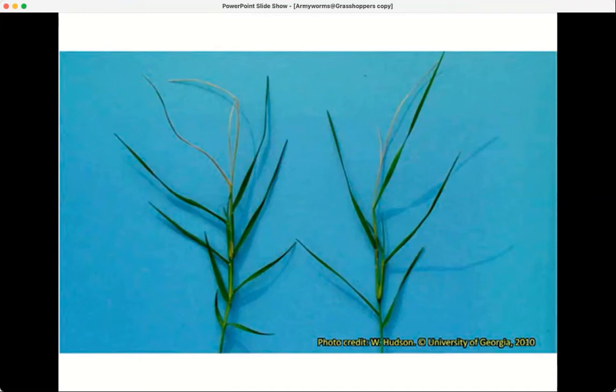If that stand has value to you, it may be important as you scout to potentially look for that damage. Unfortunately, it's hard to locate the fly or the maggot. So we're primarily, unfortunately, looking for damage. In my experience so far, since 2012 in East Texas, we tend to start seeing damage around the end of June, beginning of July. So that's another important reason for talking about this subject now, is so we can start preparing and thinking about scouting, looking at our fields, paying attention, looking for these things,